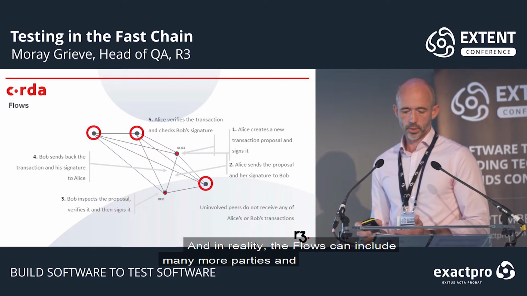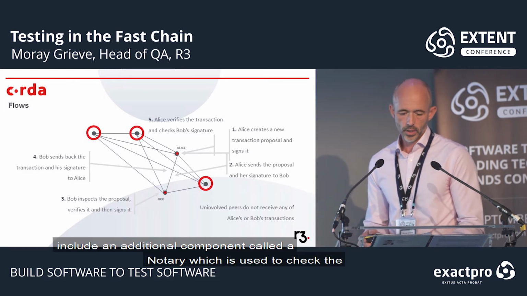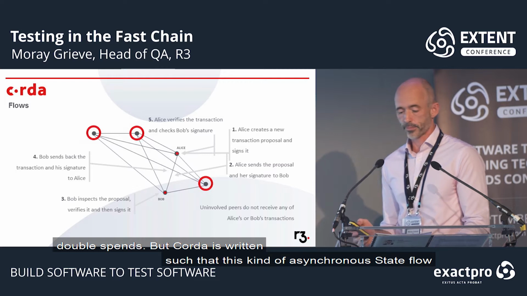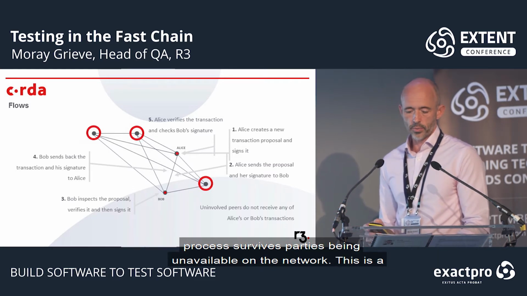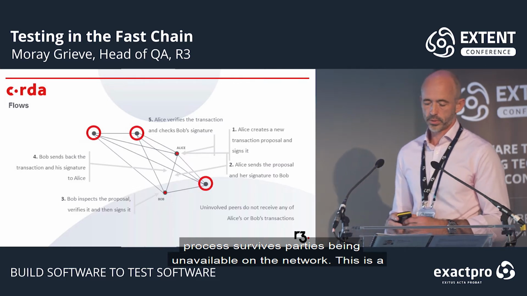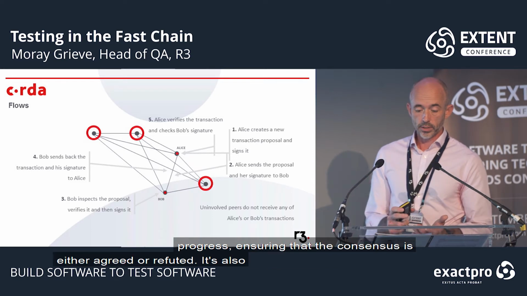In reality, the flow is going to include many more parties, and it will certainly include an additional component called a notary, which is used to check for double spends. But Corda is written such that this kind of asynchronous state flow process survives parties being unavailable on the network. This is a property of eventual consistency, which means that the flow will eventually progress, ensuring that consensus is either